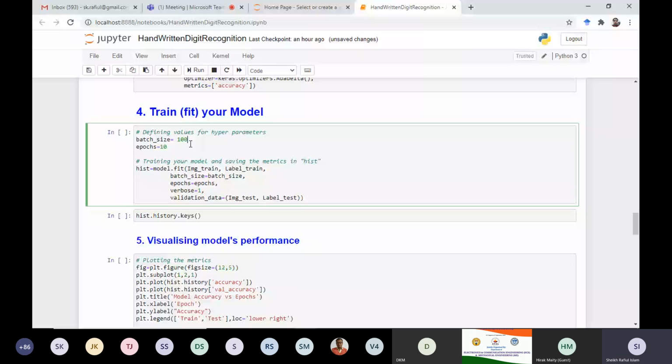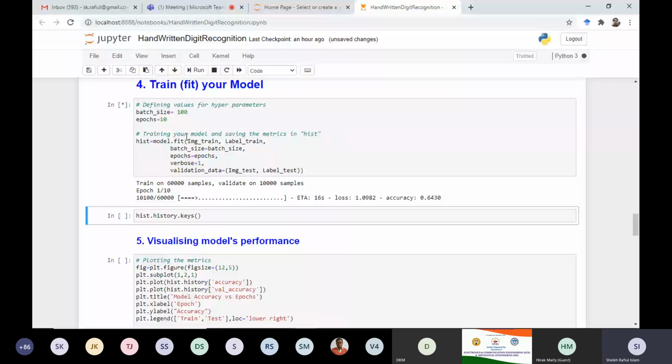If you change these values, it does not matter, the program will run fine. The number of epochs we have used is 10 only, because it needs some time to run. According to requirement, you need to change these values. It may be 1000, 2000, 100, 400.